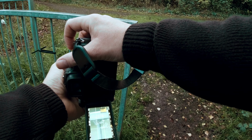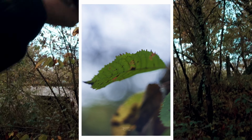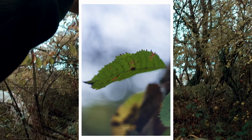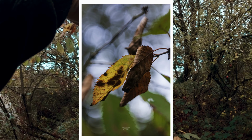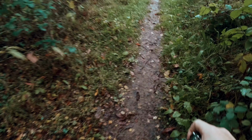Off I trot now. There's quite a lot of woodlands next to me and around me, but I'm trying to isolate leaves and plants and trying to create some background blur. I think I predominantly shot this wide open at f2 just to get that out of focus background. This wasn't the best shot, but the next one I was quite happy with, and you really notice how sharp the Helios is when you take some images, and the textures of the leaves really pop with this